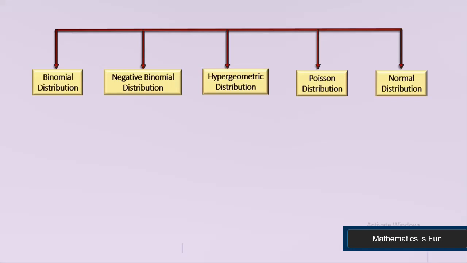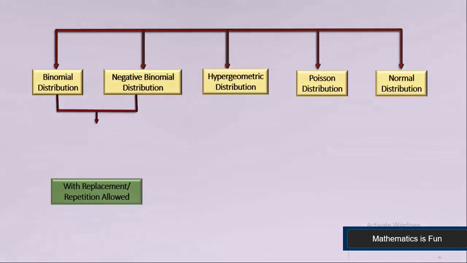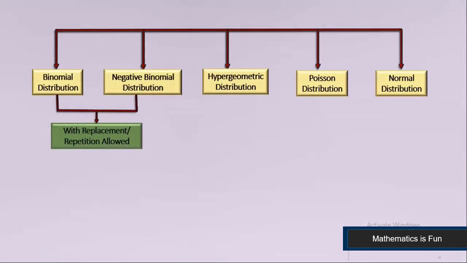So first you have to analyze the situation, what is given in your problem. First I will talk about the difference between binomial and hypergeometric distribution. In binomial distribution, we have the problem of with replacement, or here the repetition is allowed. It means the probability of success is constant throughout the trials. With replacement means the object we select can repeat. So whenever we have the problem of with replacement or the probability is constant throughout the trials, then we use